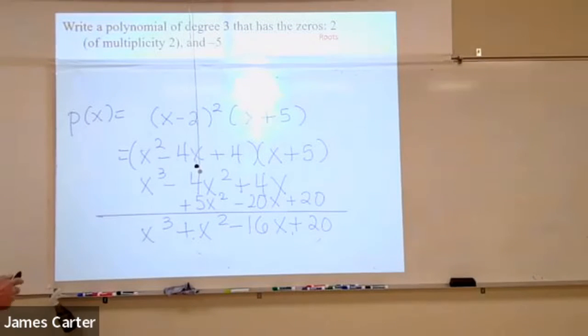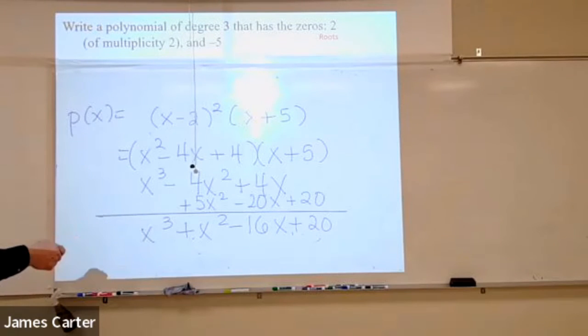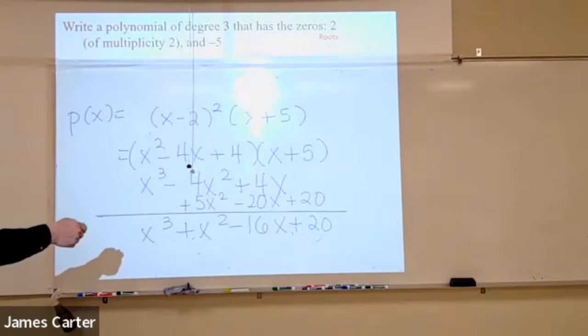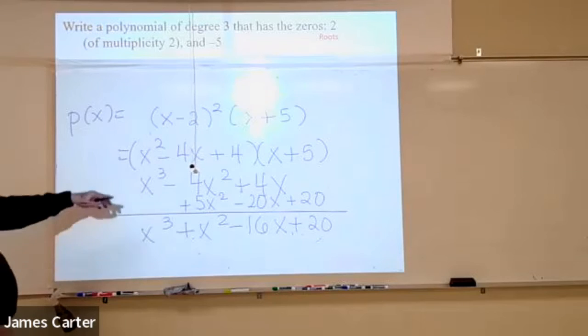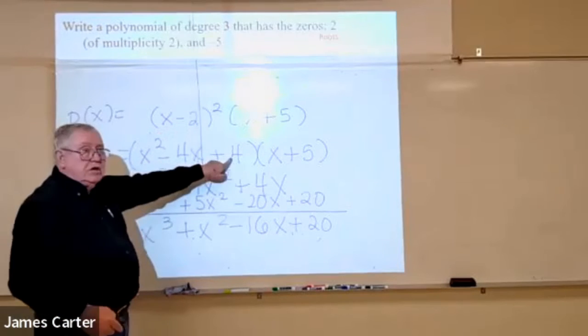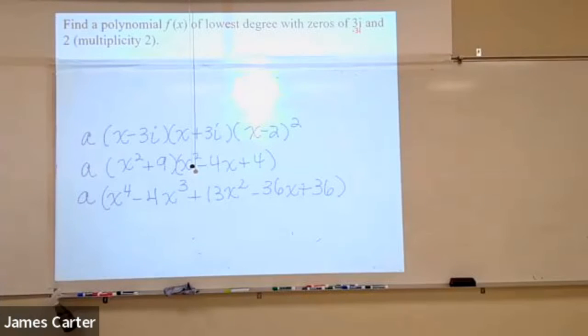Okay, here's another one. Write a polynomial of degree 3 that has these zeros. I've already taught you this because it has a multiplicity 2. That means you're going to have to use it twice. Actually, we worked this particular problem already. We actually worked this problem. Remember talking about it earlier? So that particular problem is repeated. Now,